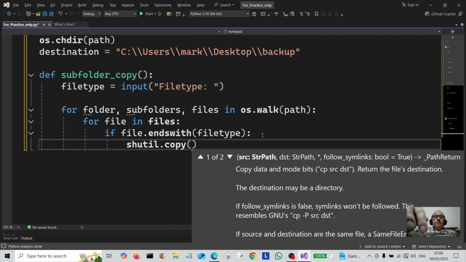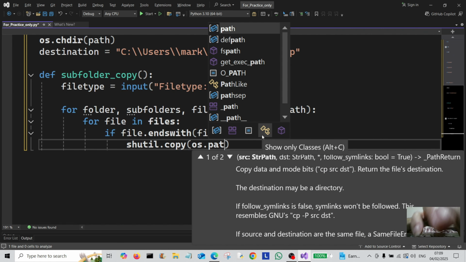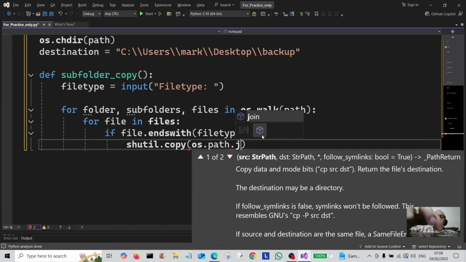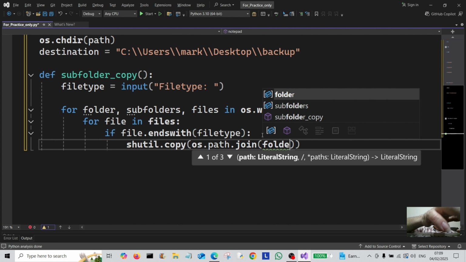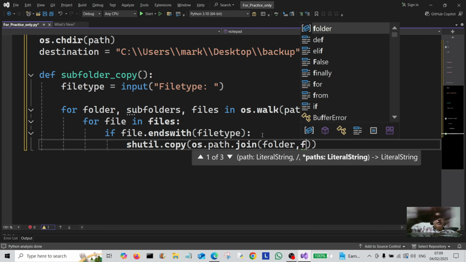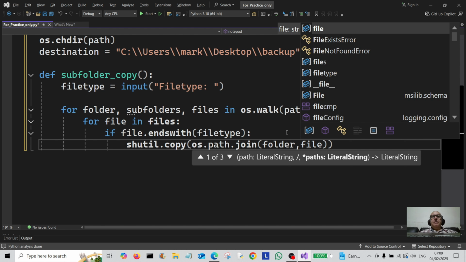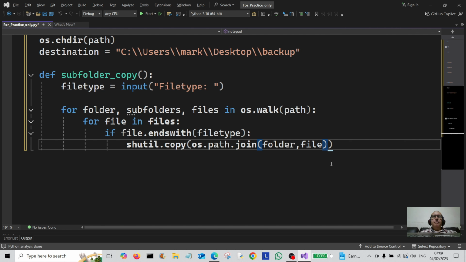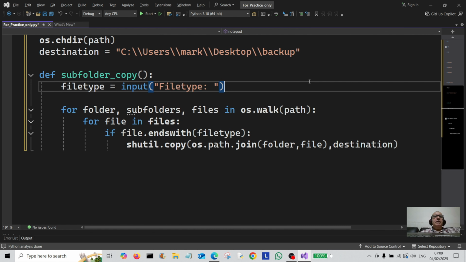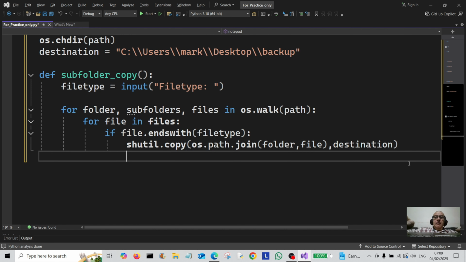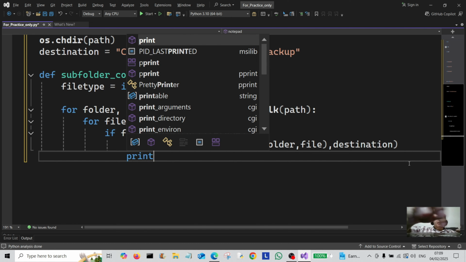shutil.copy, os.path.join, then it's going to be folder, file, and then the destination. So we're going to copy that to that destination there, which is on the desktop, called backup. So we've got shutil.copy os.path.join, folder and file, and then we're going to type in print, and we're going to